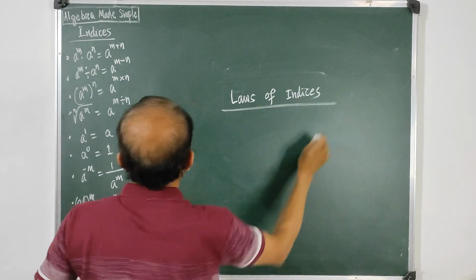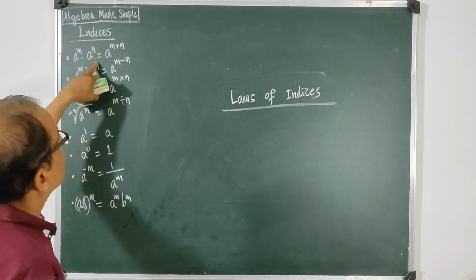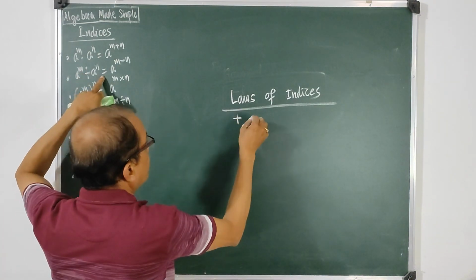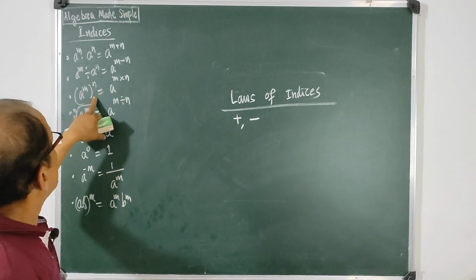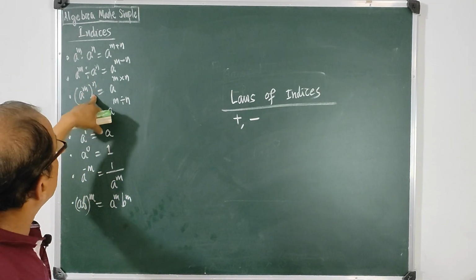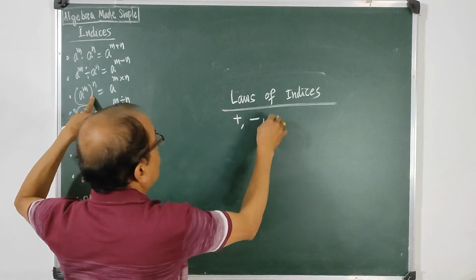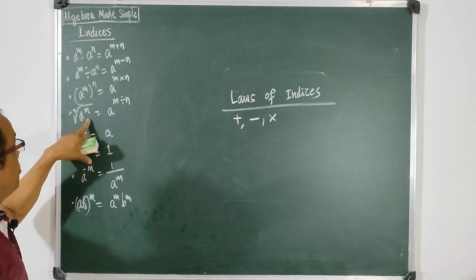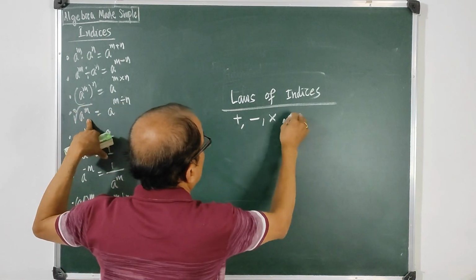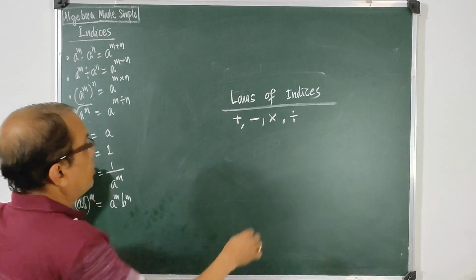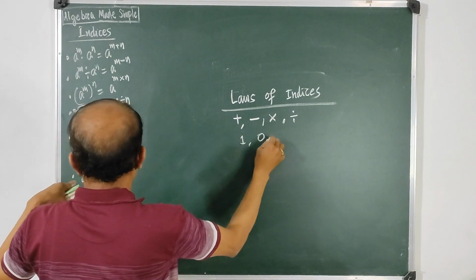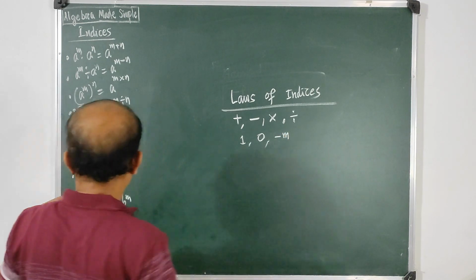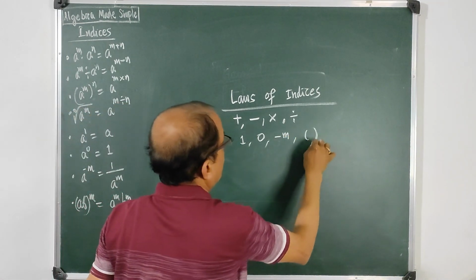In this chapter we have covered the product rule, which comes in the form of a plus, the quotient rule coming in the form of minus, the positive exponent rule, so it comes with a multiplication sign. Then the fractional exponents rule comes with a division sign. Then the 1 rule, the 0 rule, and the negative exponent rule, and finally the combined rule or grouped rule.